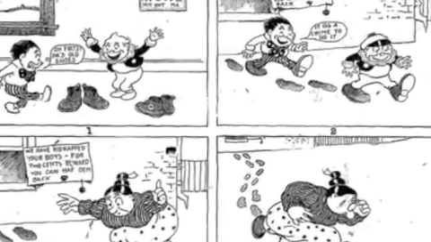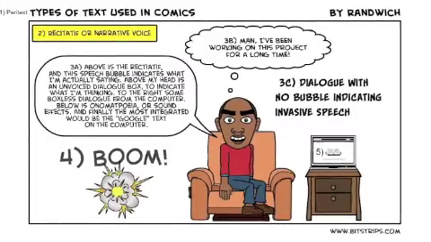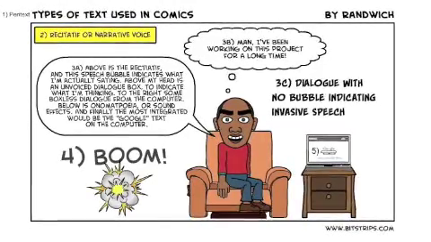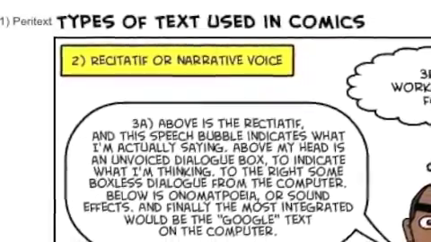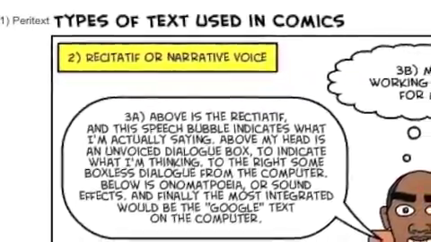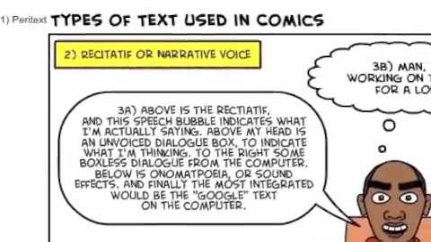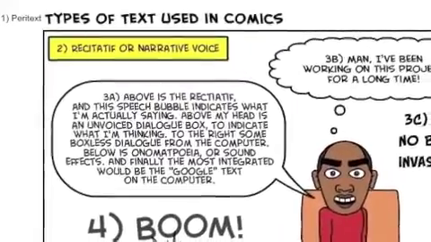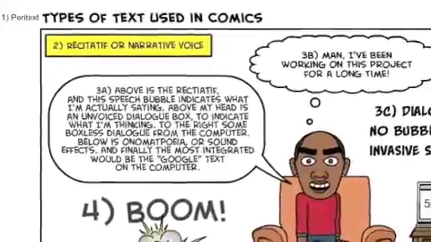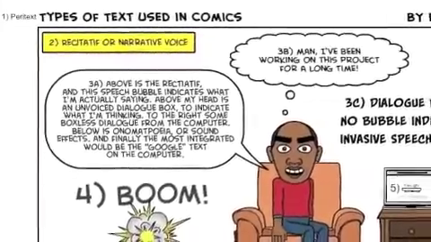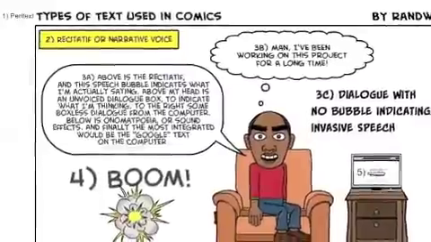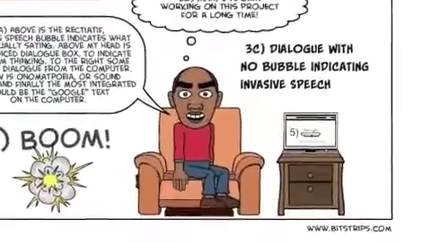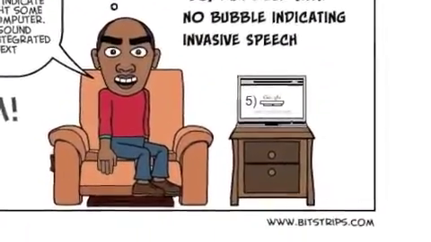There are 5 types of text in comics, enumerated here in order of least to most integrated into the story. 1, the paratext, is the title, used on the cover page, and perhaps the leaf. It is usually in typeset characters, but not in this example. 2 is the recitatif, or narrative voice. 3A, 3B, and 3C are all dialogue boxes, each with their own function. Generally, the bigger a dialogue box, the louder it is. 4 is an onomatopoeic sound that is as much part of the picture as it is the text. 5th, the most integrated, is text that occurs from within the fictional world, in this example, the Google text on the computer.